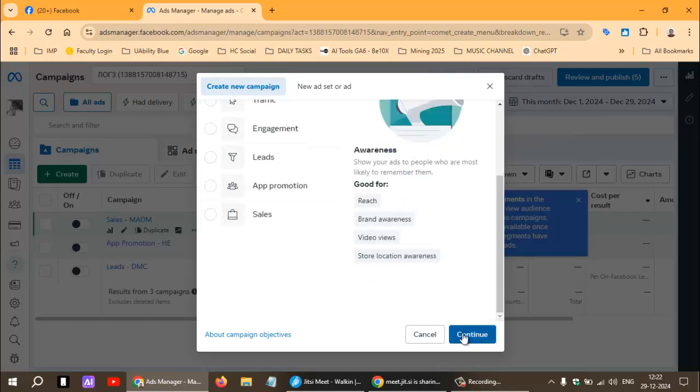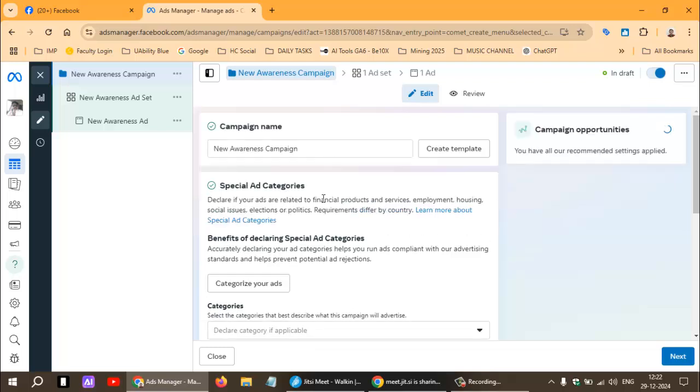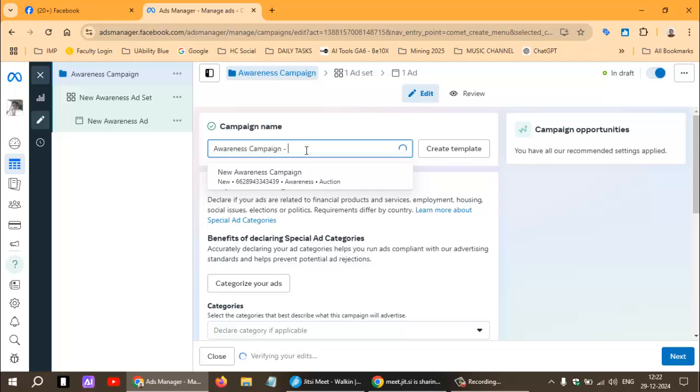After selecting awareness campaign, I'll click on continue, and on the next screen I will be able to select the other options. Now over here I need to provide a name of the campaign. I'll say that, okay, this is an awareness campaign for the product whatever I want to promote. It can be digital marketing, or maybe